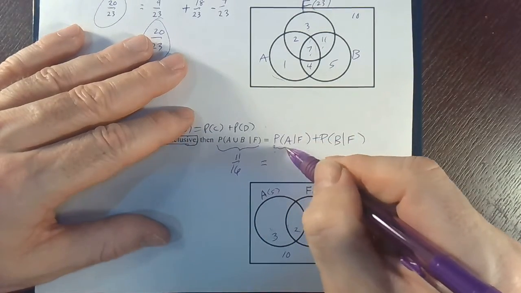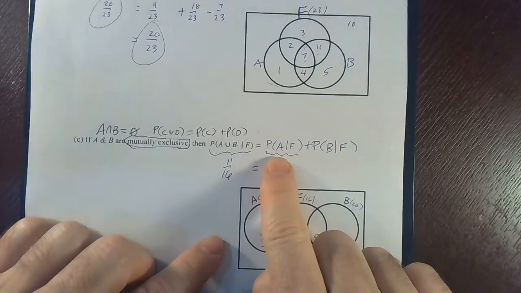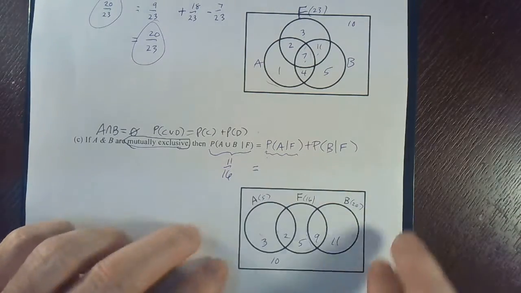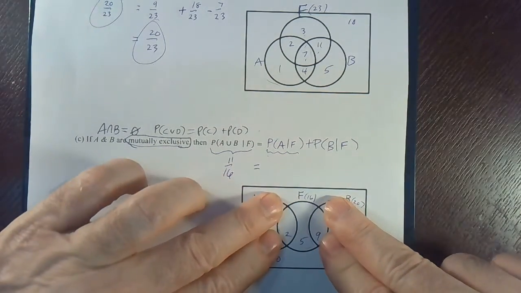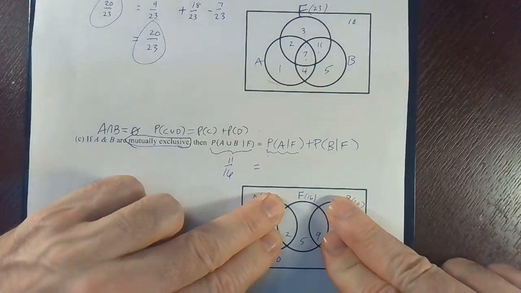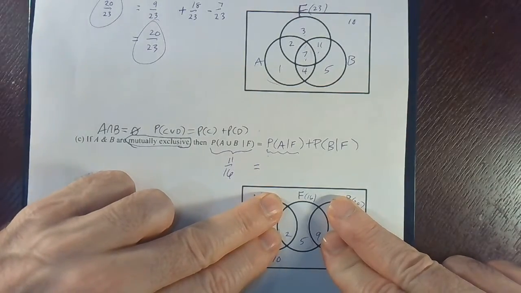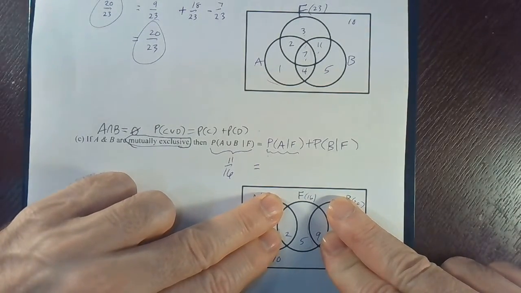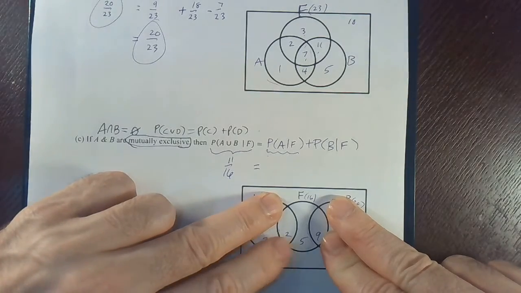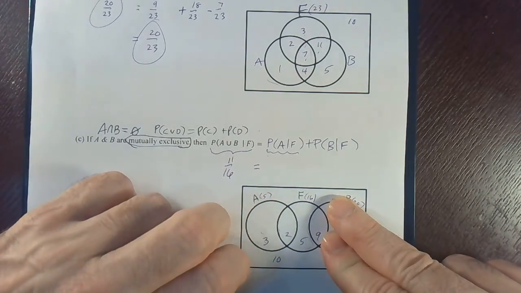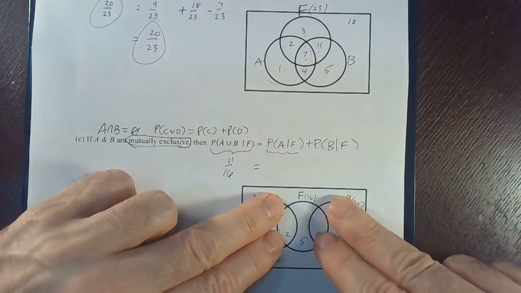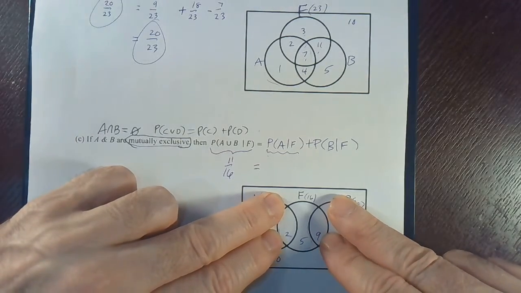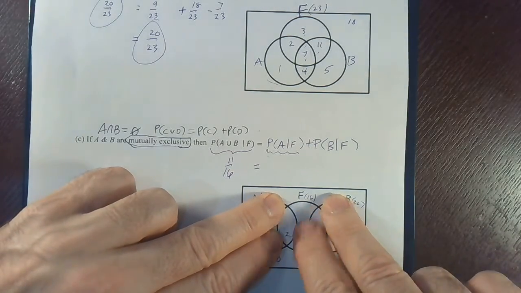equals, what's this? Probability of A given F. If F occurred, given F, what's the probability of A? Well, out of the 2, 5, and 9, which of those numbers are in the circle A? The 2. The 2 is in the circle A, and the other ones are not. So that would be 2 over 16